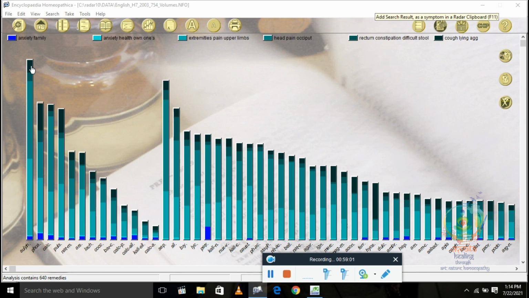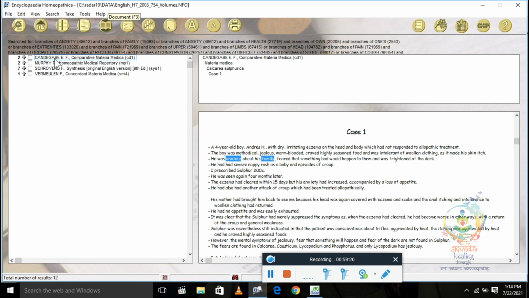So if you have 6 symptoms, you just have to count whether Sulfur is covering all 6 of the symptoms or not. 1, 2, 3, 4, 5 and 6. Sulfur is covering all the symptoms. Like that, these 10 to 12 remedies are covering all the symptoms in different Materia Medicas. Like we'll see this covering in 4 Materia Medicas.